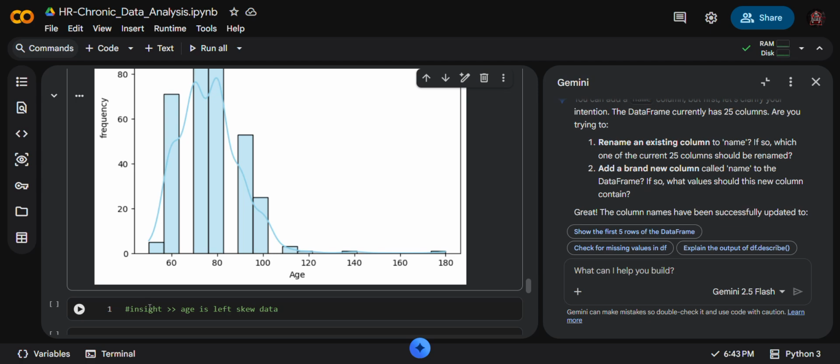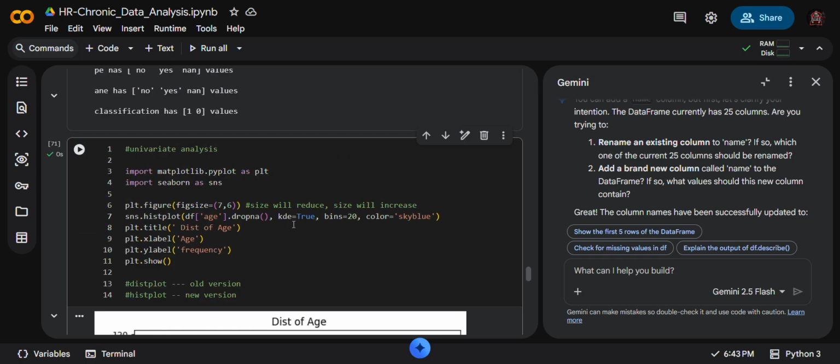Now try it yourself one or two times. Filter dot figure fix, and this is the hist plot, df age dropna, KDE. You must use KDE, it is a boolean value. Maybe you don't want to use this thing before, but you must use this part.